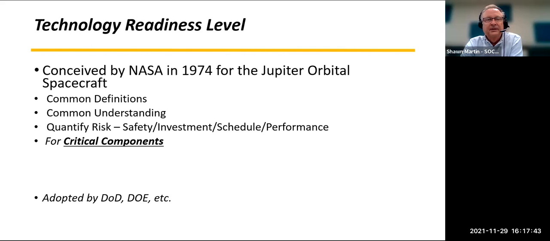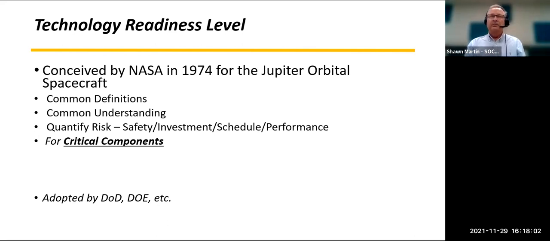And so what they set out to do is come up with basic level definitions, if you will, for different TRL levels for the individual design teams and the program manager or the engineering manager to understand where the level of maturity was